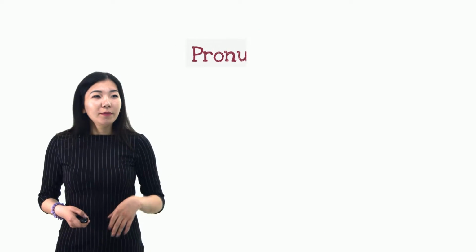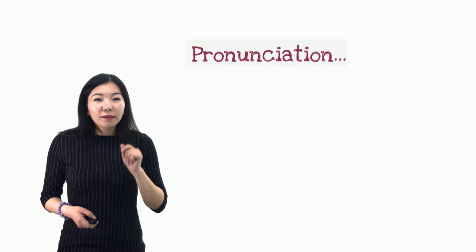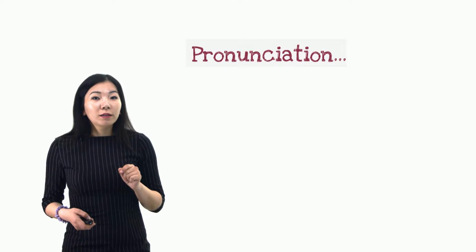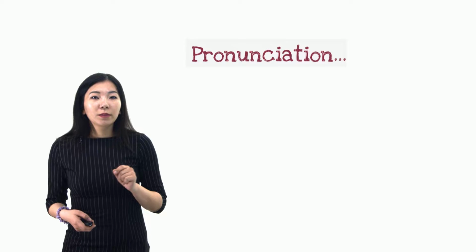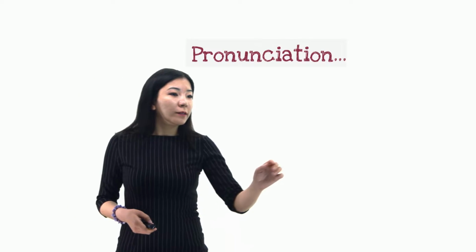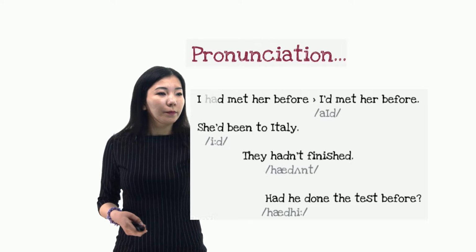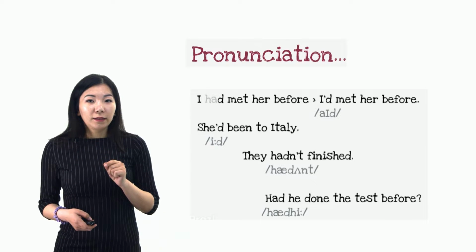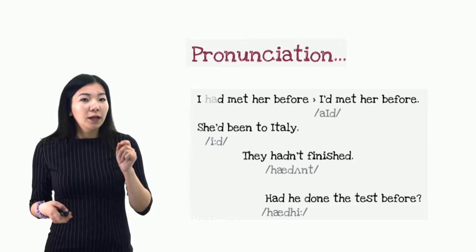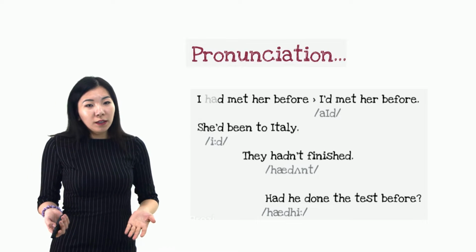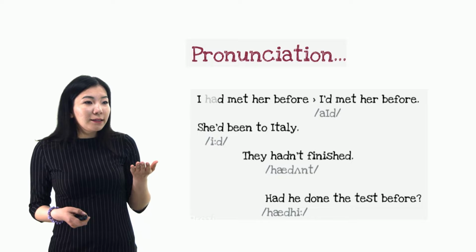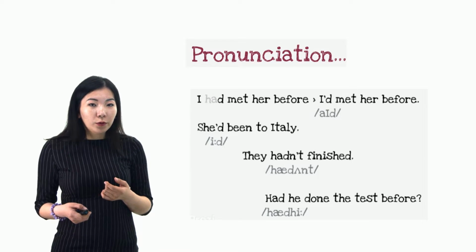Okay, pronunciation. It's important to know how to pronounce contractions in the auxiliary verb of past perfect, had. So, in affirmative, negative and interrogative sentences, for example, in a sentence like I'd met her before,